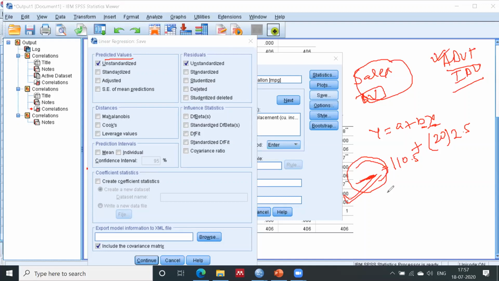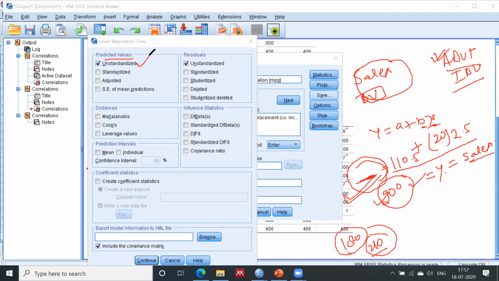Like if it comes to 200, if I solve the equation as an example, you will get 200 as your y, and y is your sales. Now what was your prediction about the 200? Did you predict 200, or did you predict 180 or 210? So this is your unstandardized value, correct? It may be less than or greater than the actual value. Hope I am clear to everyone. Has this concept been cleared or not? Please let me know in the chat box so that I can move forward or repeat.